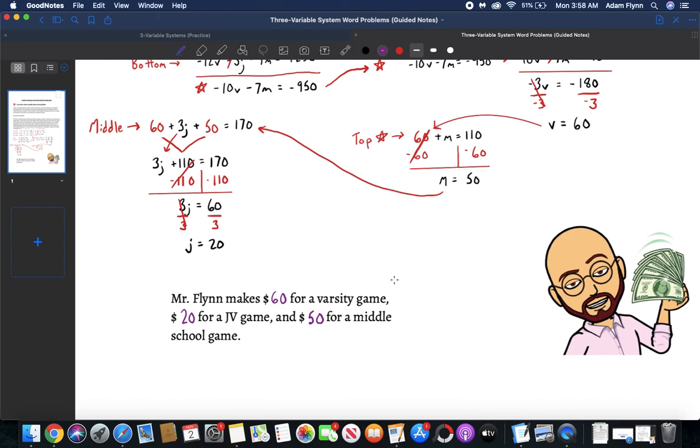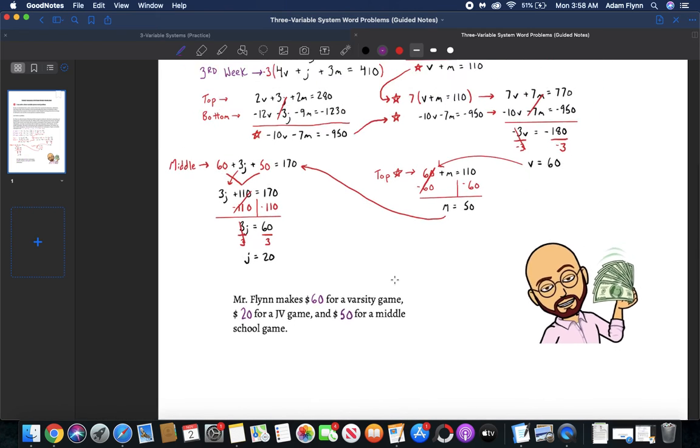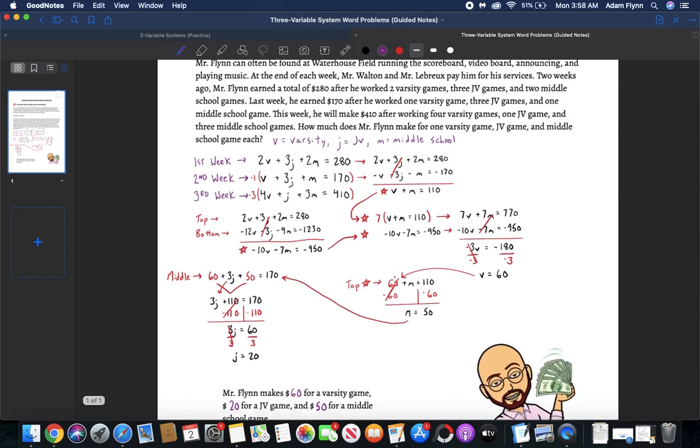Okay, so at this point we have concluded the notes for 3 variable system word problems. You are ready for some practice. If you need any extra assistance or anything is unclear,